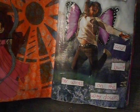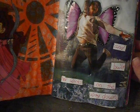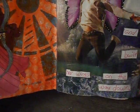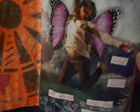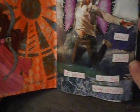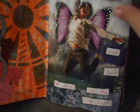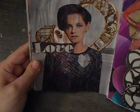Week 2 for Color Me Positive was "She took a leap and built her wings on the way down." So I used magazine images for that, and white gel pen for her wings. And then I wrote the quote out myself. And then I took the Stabilo pencil and outlined the words and her as well. So that's week 2. And week 2 for Journal 52 was